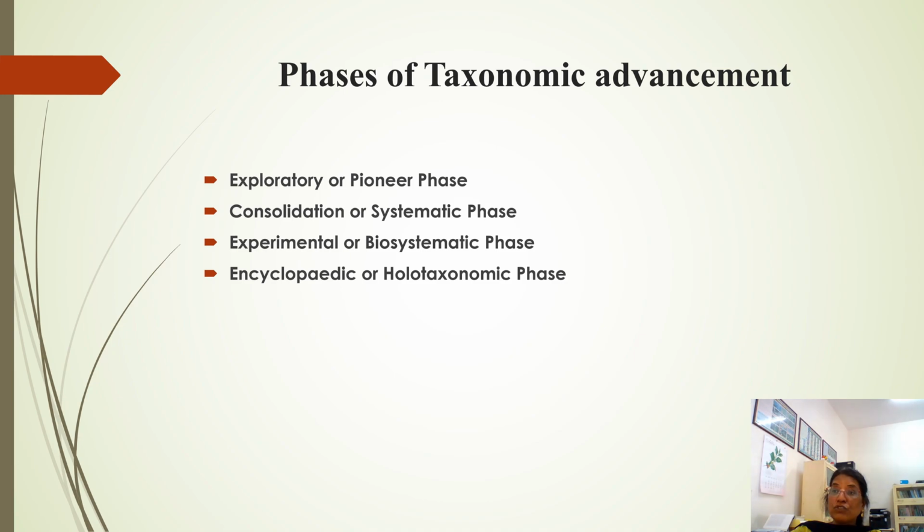The first two phases of systematics are often considered under alpha taxonomy and the last phase under omega taxonomy. At present, only a few persons are involved in the encyclopedic work, and that too in a few isolated taxa. It may thus be safe to conclude that though in a few groups omega taxonomy is within reach, for a great majority of plants, mainly in the tropics, even the alpha stage has not been crossed. The total integration of available information on the plant kingdom is thus only a distant dream at present.